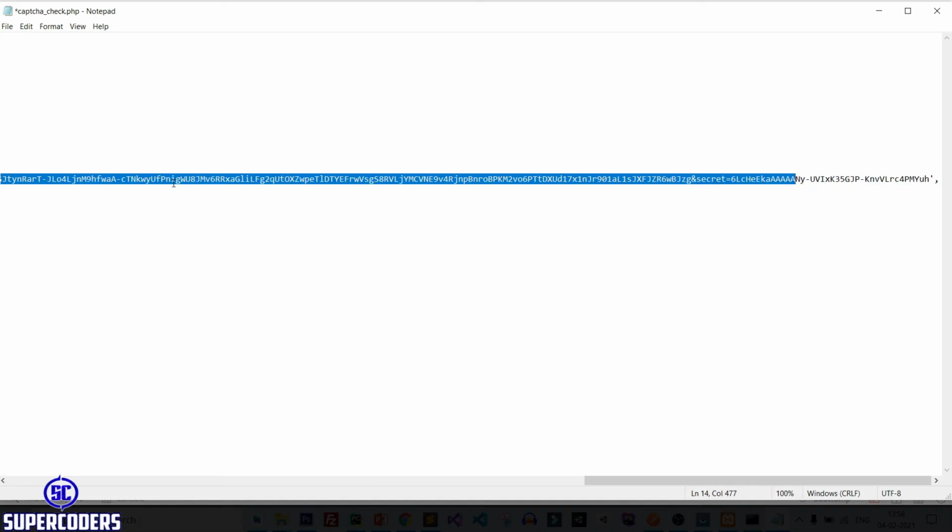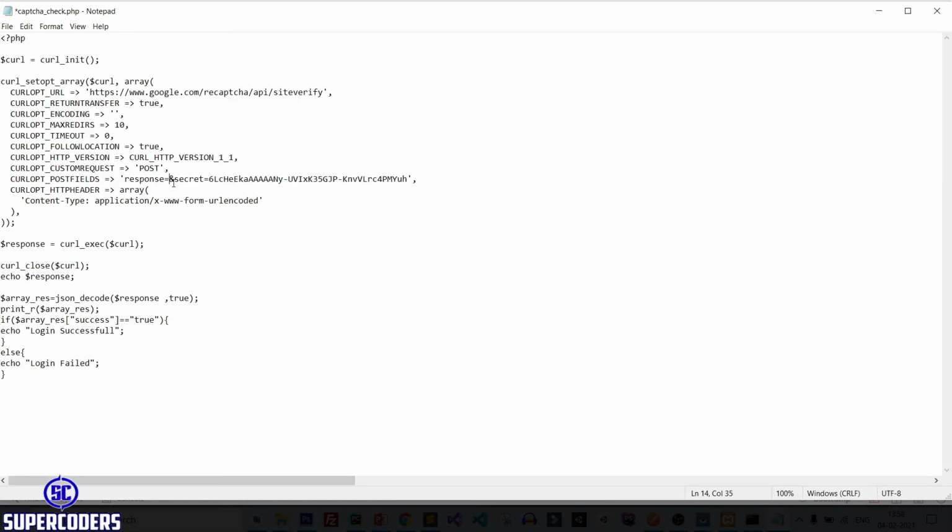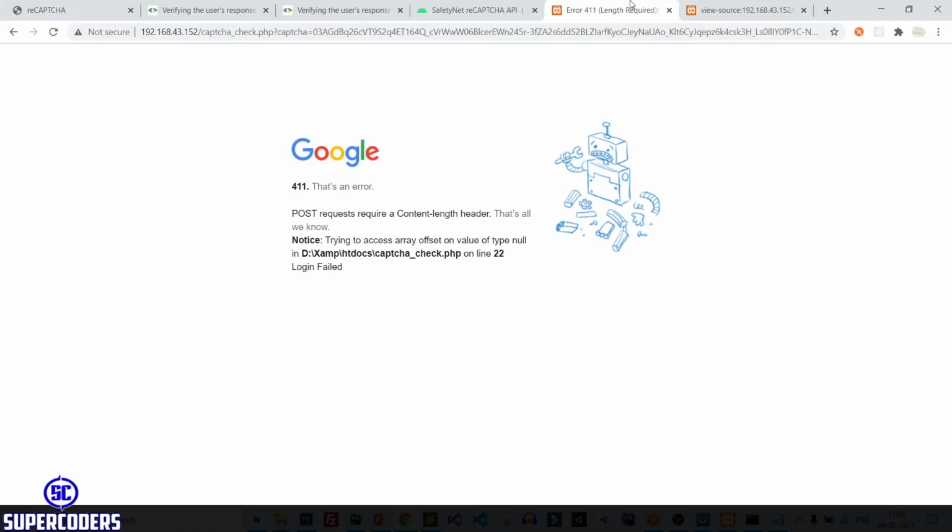So response, remove it, dot $_ captcha. Now save it, and let's try to call the URL again. So back to Chrome, refresh page, and you can see this time it is showing login successful. So you need to call this method using post method, not get method.